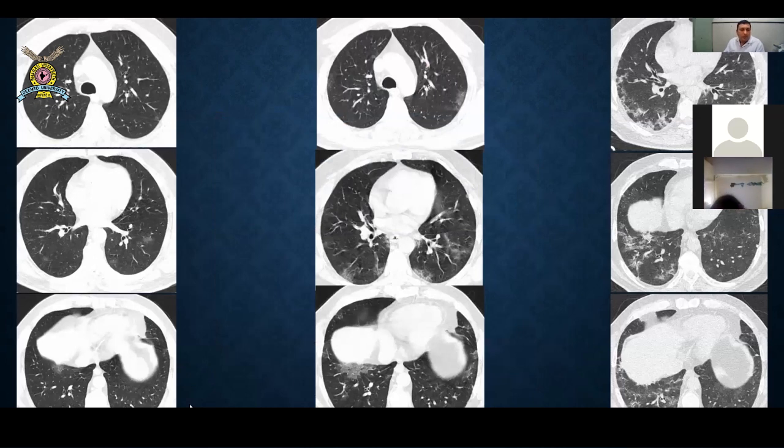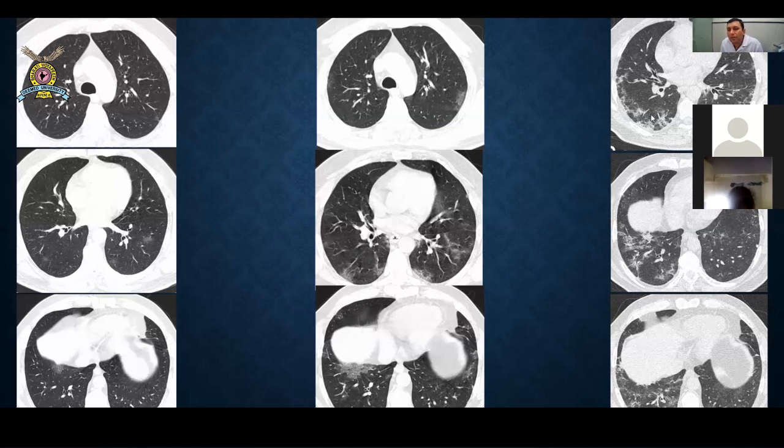So this is a patient on day 2. This patient was COVID positive and came for imaging for prognostication purposes. On the first imaging on day 2, you see very subtle small ground glass opacities in the bilateral lung fields. On day 9, there was progression of the disease, with progression of the ground glass opacities in size as well as in number. You can see there is involvement of the middle lobe and the lingular segment also.